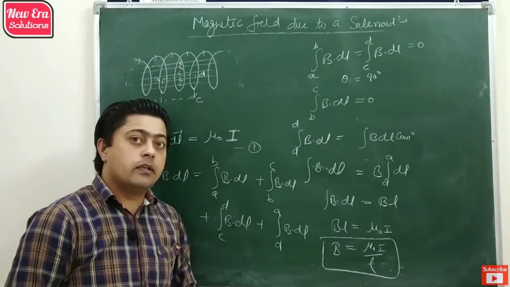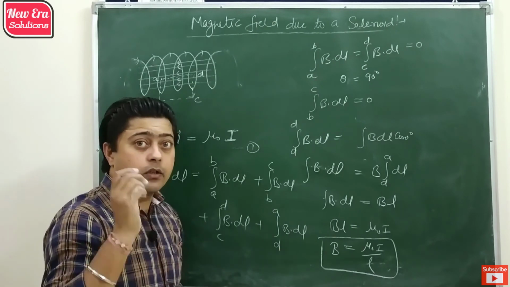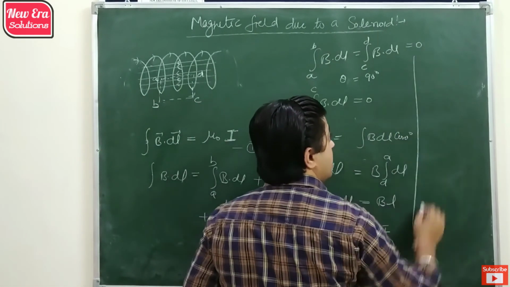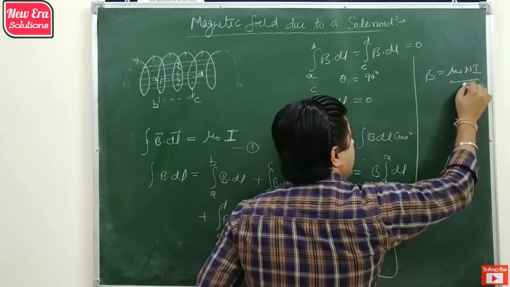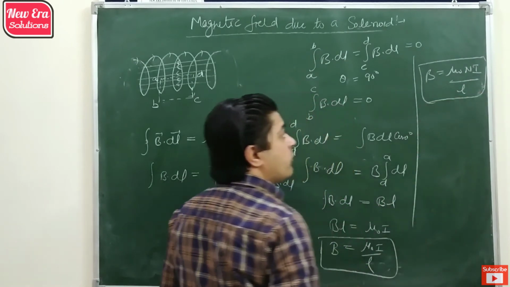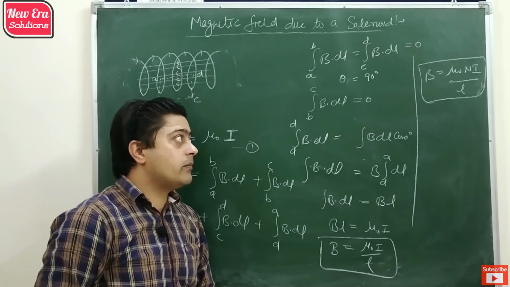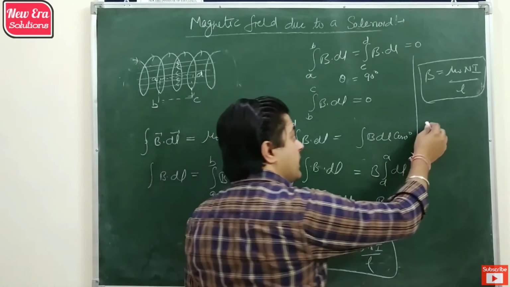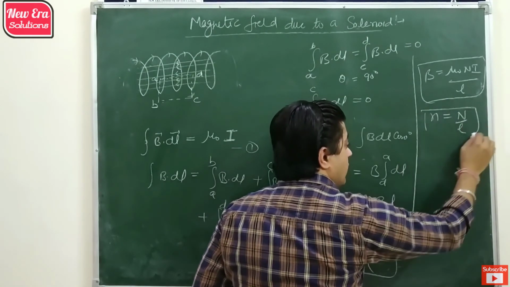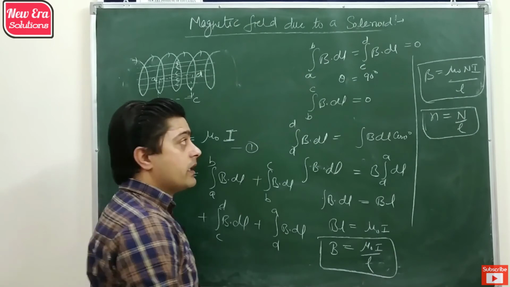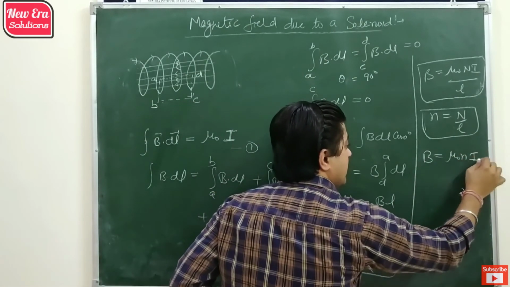inside a solenoid. But we know there are a large number of turns, so for N loops the total current can be given, and the field is mu naught N I by L. So for N number of loops, the magnetic field due to the solenoid inside is mu naught N I by L, and we can also replace N by L in terms of number of turns per unit length. Then B is equal to mu naught small n I.